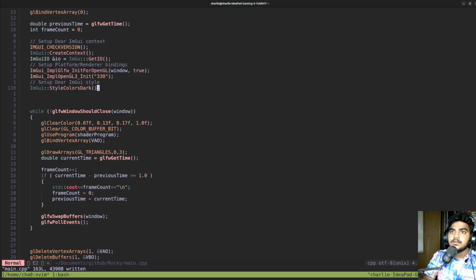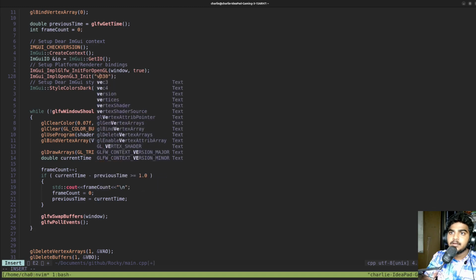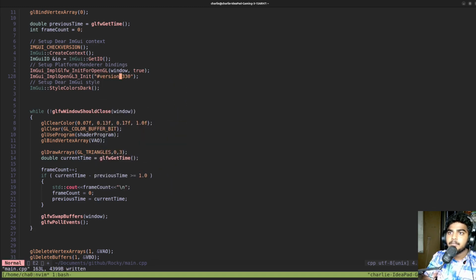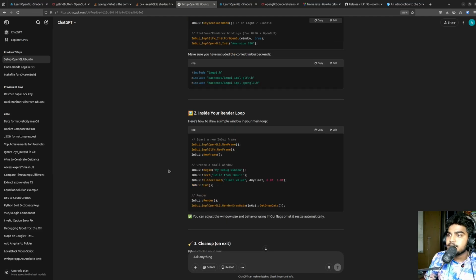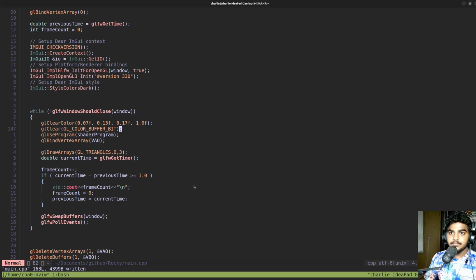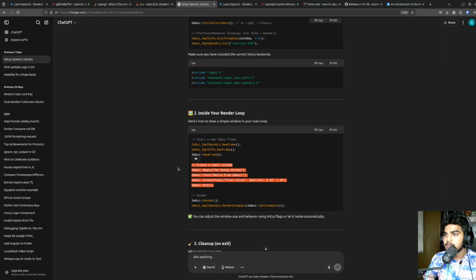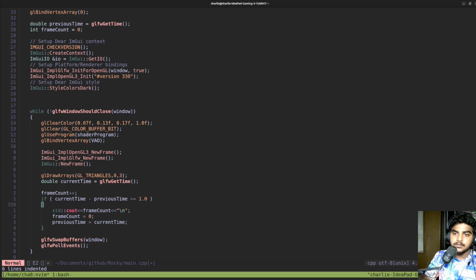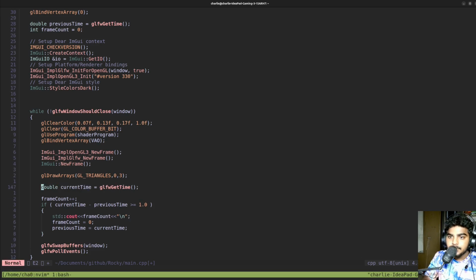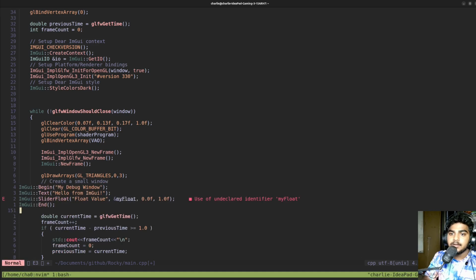Okay, cool. Main loop. I need this. Start a new frame. Let's start a new frame before drawing a triangle. Just format this, and let's begin this here. I mean, too much copy pasting, I know, but